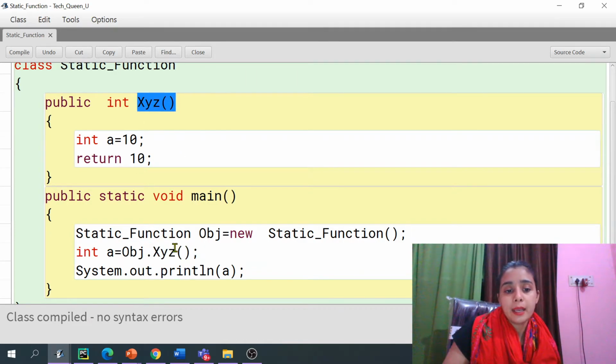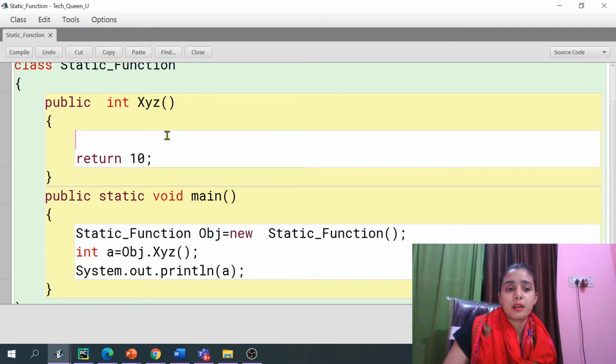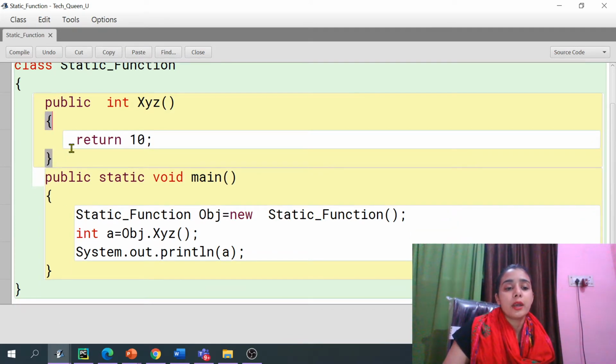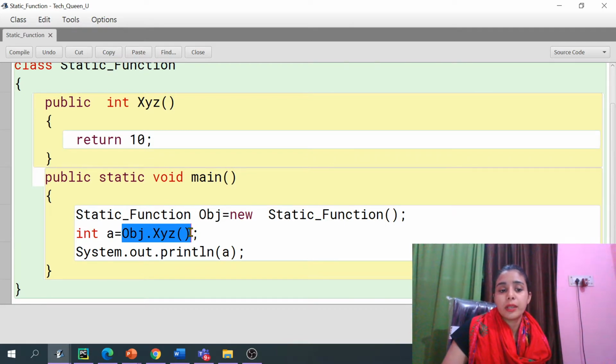The name specified is xyz, right? I have done nothing here. I was just telling you what return means. Here you are just returning 10. Now it is returning 10 to whom? To the function which called it. The value 10 will be received by this, the blue color one. Now this value is going to be assigned inside a, and now you are printing this particular a.